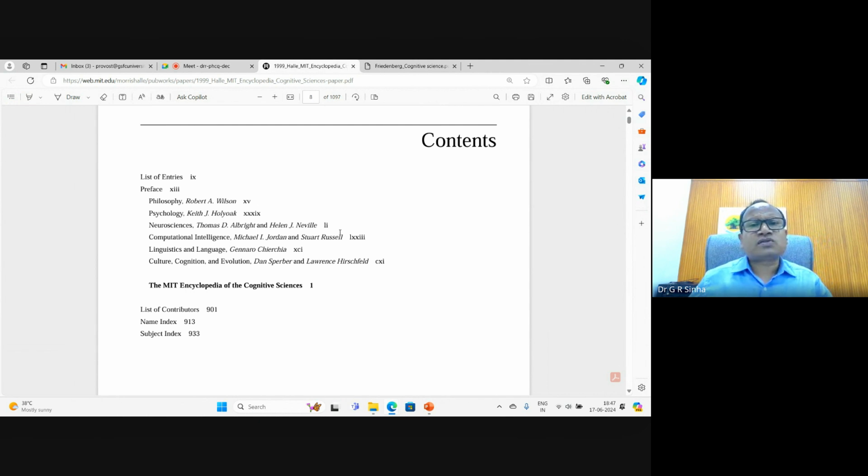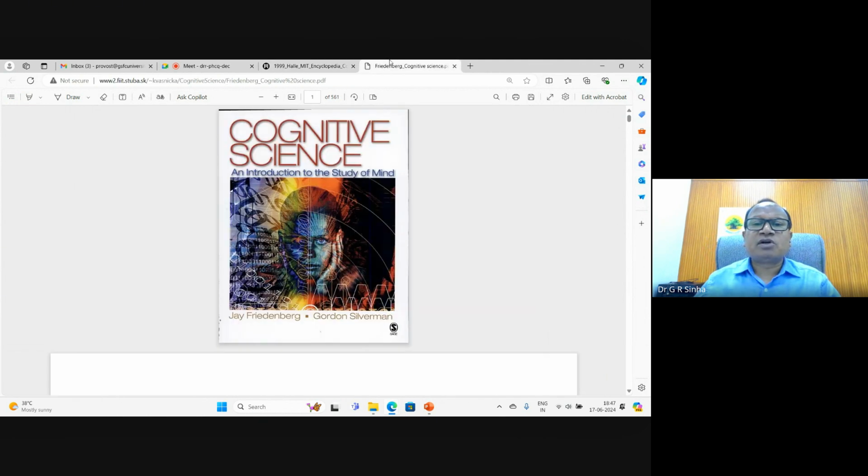Based on these two books, I'll give you some homework before I come there at the end of this week. A little homework, so that in the next 30 days or so, you can read about these books, not the complete book, but at least some chapters or headings or subheadings, and prepare something to develop a better understanding of cognitive science concepts.